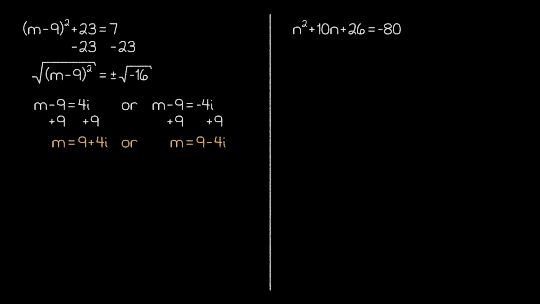Here, you may be wondering if there's a way to simplify our answers any further. For example, maybe 9 plus 4i is just 13i, or maybe just 13. Well, both of these attempts at simplification are incorrect. The original expression represents 9 real units plus 4 imaginary units, and those two units don't mix well with each other. Thus, this is the most simplified that we can get our answer.